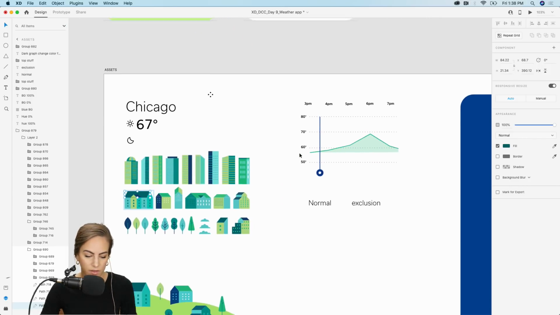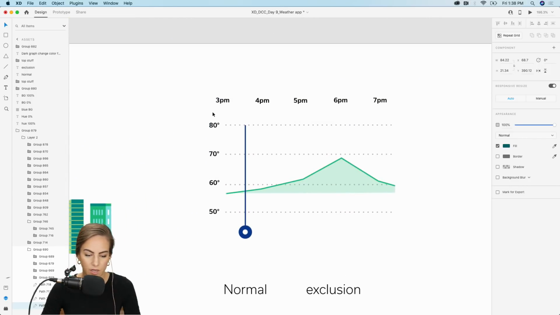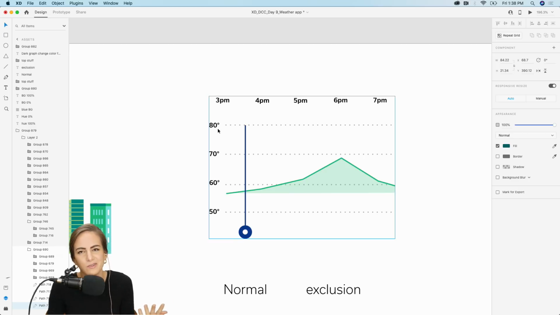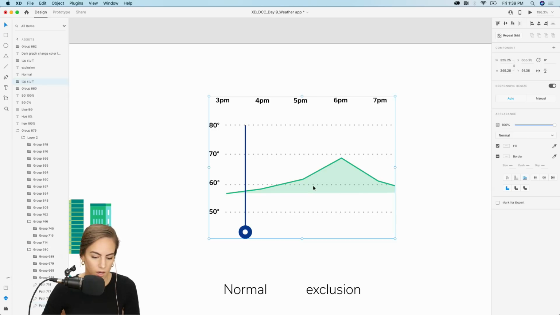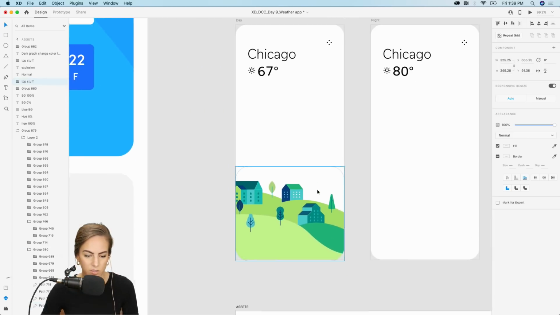Okay, below this is the area I want to focus on. I have this little grid, and pretty simple, on the x-axis we've got the temperatures, and on the y-axis we have the times of the day. You can add more if you want, but I feel like most temperatures, at least around me, are between 50 and 80. So if the variation gets bigger, it can switch from a line every 10 to a line every 20.